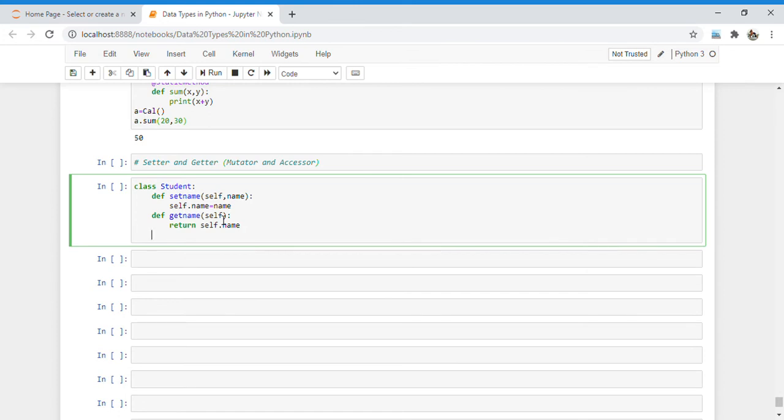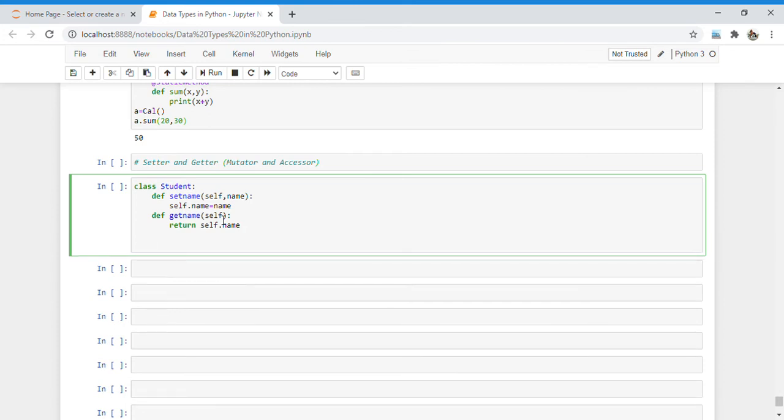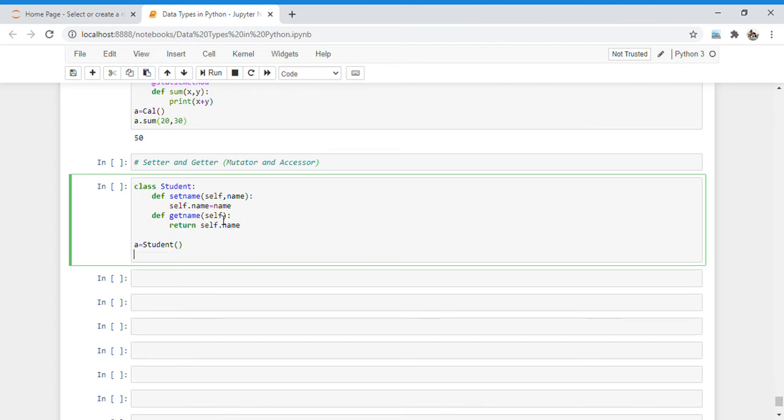So this is the syntax, or the way, to set any data and get any data within a class.